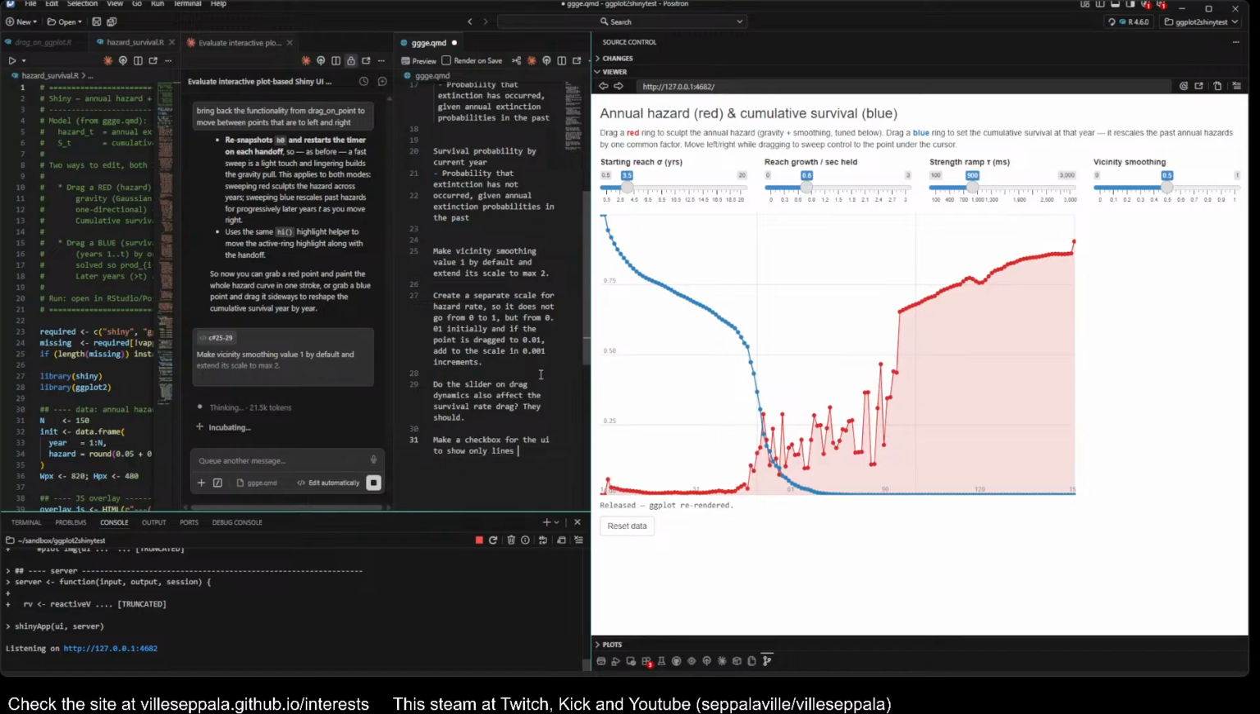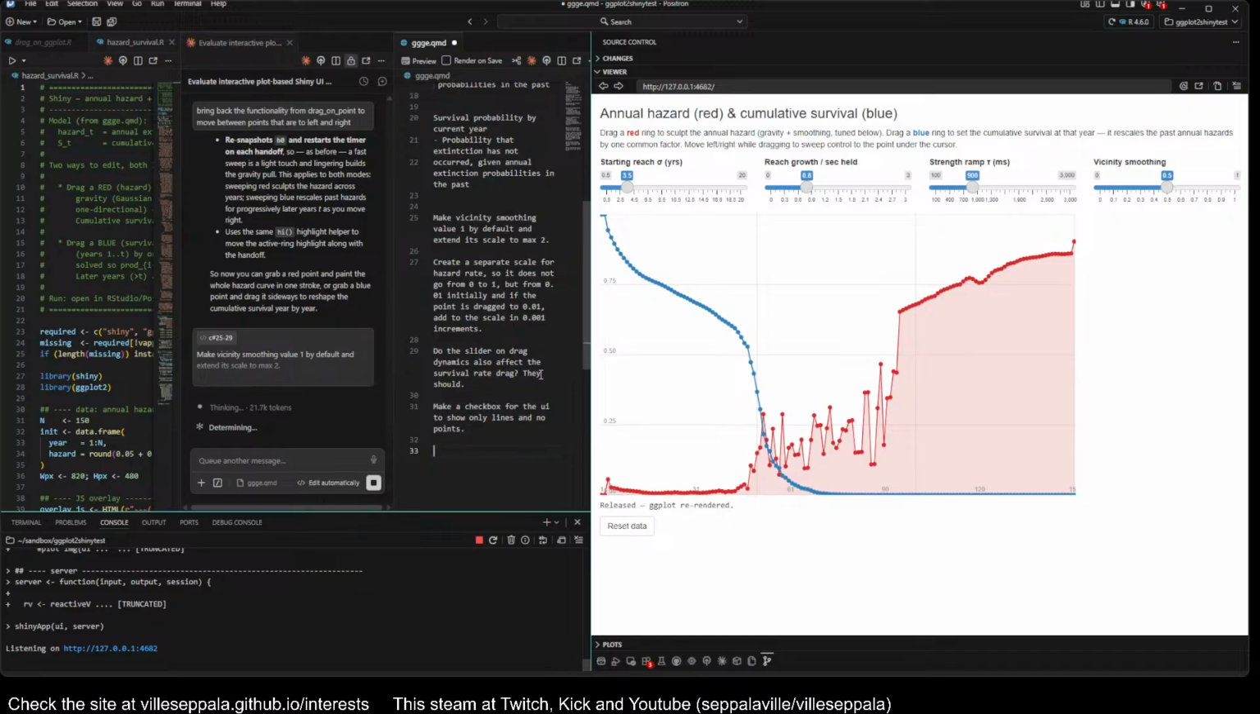Only lines and no points. I'm also wondering whether I should get into this time scale business somehow. There's also one thing that I might want to include at some point, if it becomes a problem of having a very